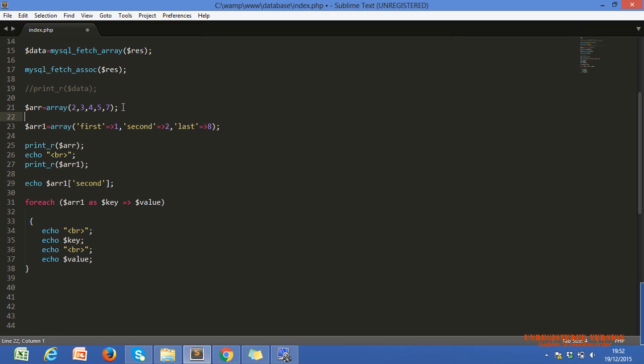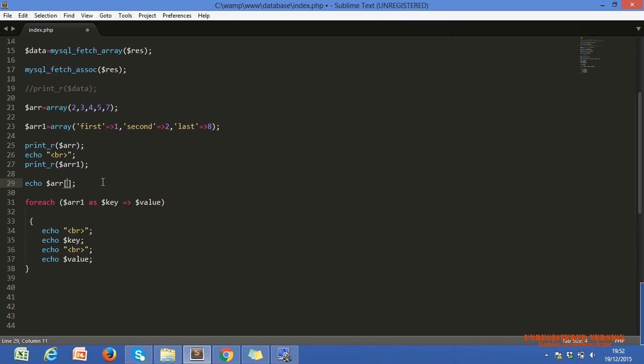If I want particular data from our associative array, what I have done is this echo. Concentrate on this: echo $arr1 with the second key. Here I just use the key. In the case of a simple indexed array, I have to pass the index value.